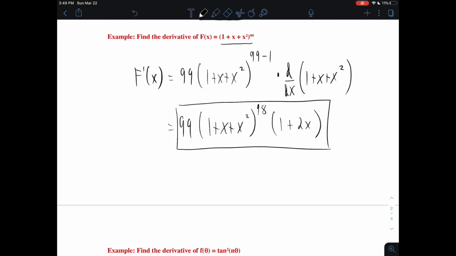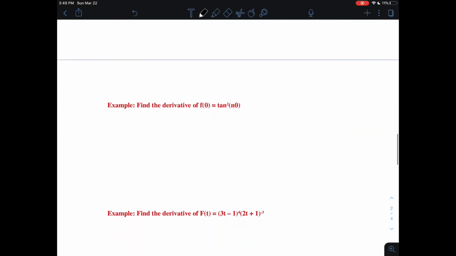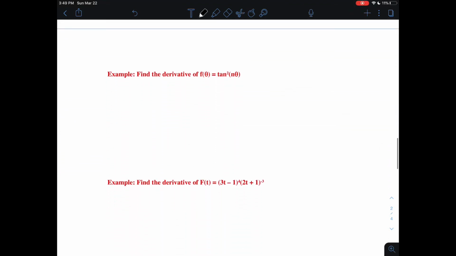All right, another example, also related to those generalizations we did above. This time, find the derivative of f of theta equal to tan squared of n theta. So here we're changing up what the variable is. The independent variable this time is theta, not x. So we're taking the derivative with respect to theta. So then f prime of theta,